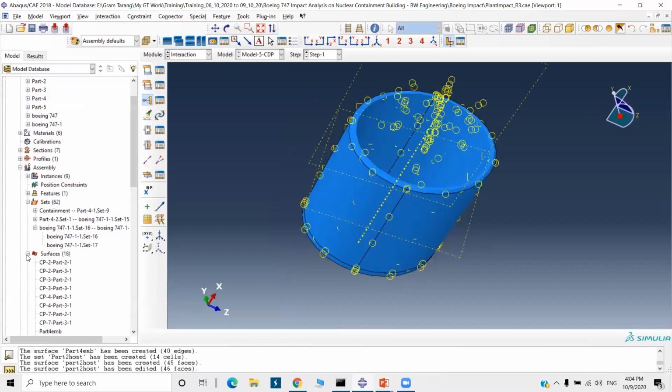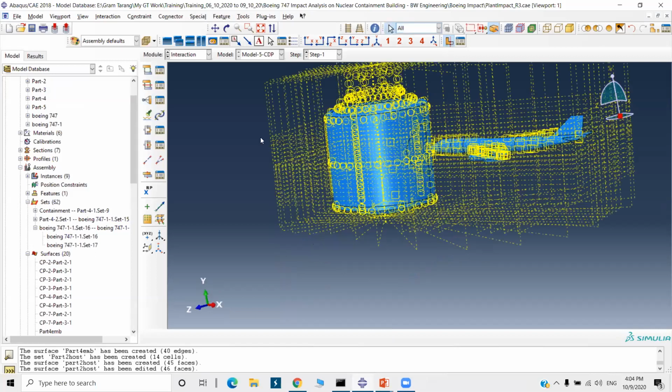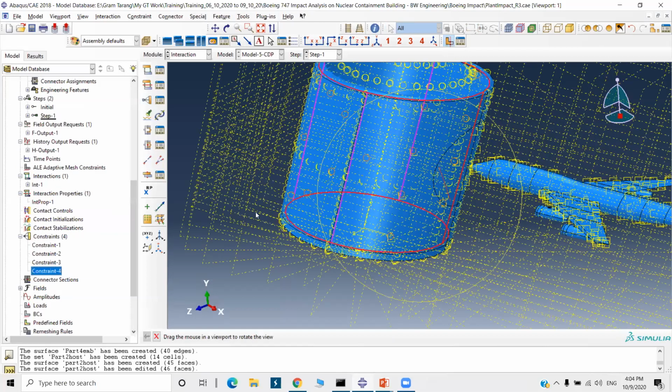I will show you here, double clicking constraint 4. Here you can see these two surfaces are in contact, so we have defined a tie constraint between these two. Now, constraint. Okay, again go to display group, again part 3, replace.